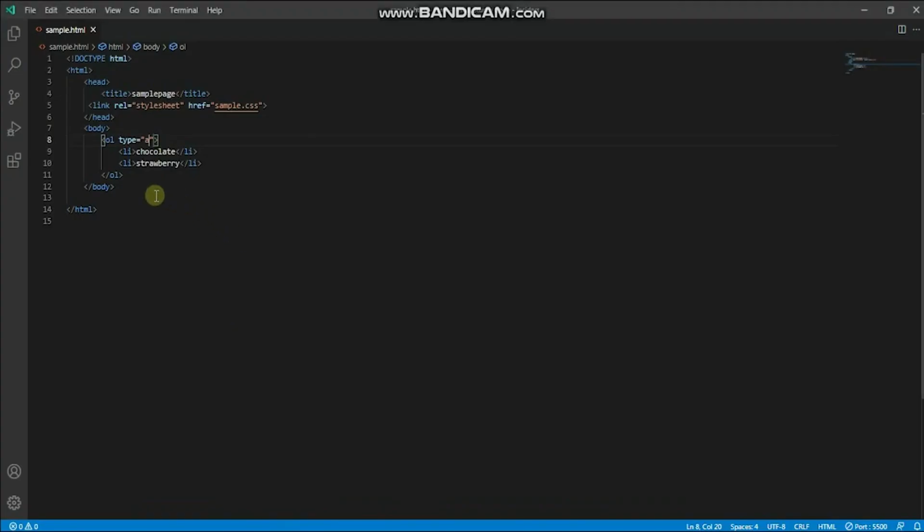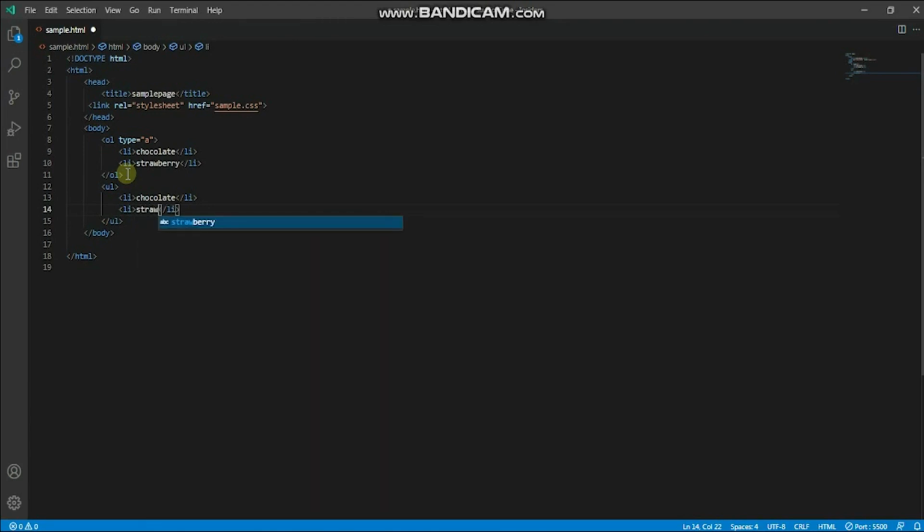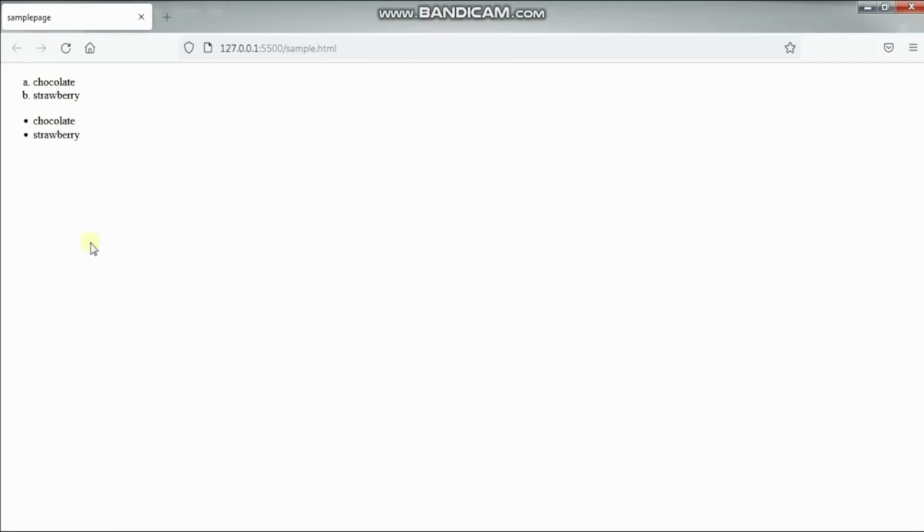Now let's take a look about the unordered list. It's the same way as proceeding the ordered list. So unordered list means UL, and let me name the same list items. So LI and chocolate. The next list item is strawberry, and let me save this. You could see the default unordered list is a dot,